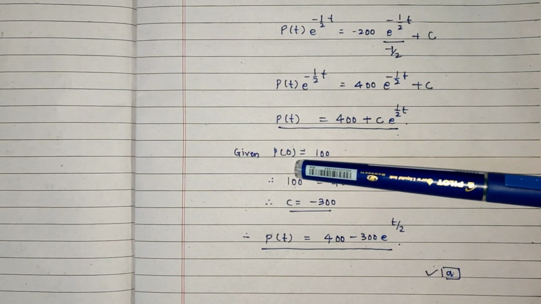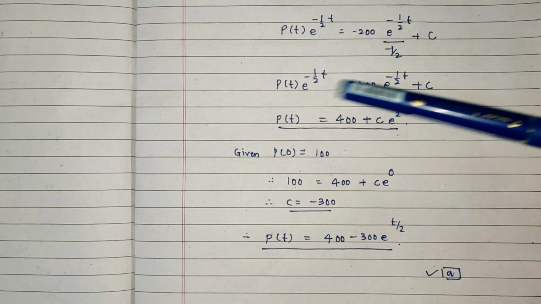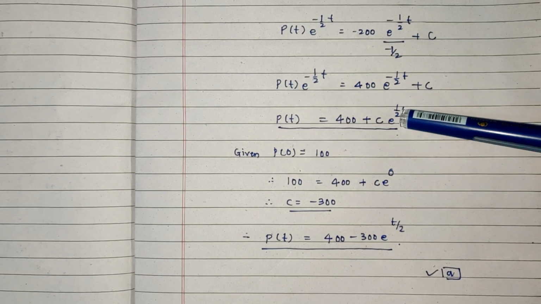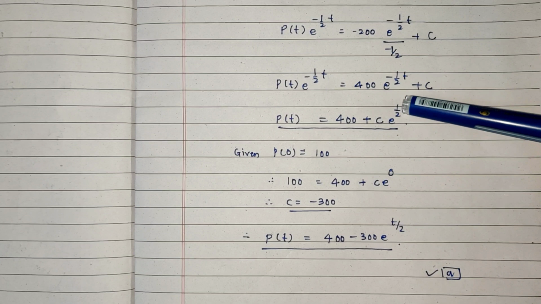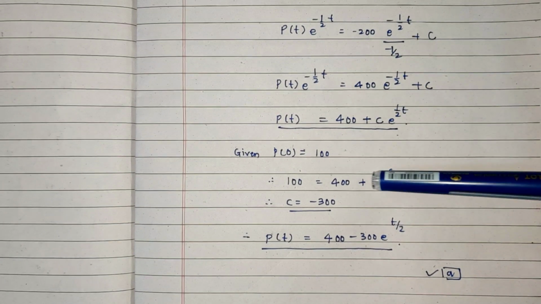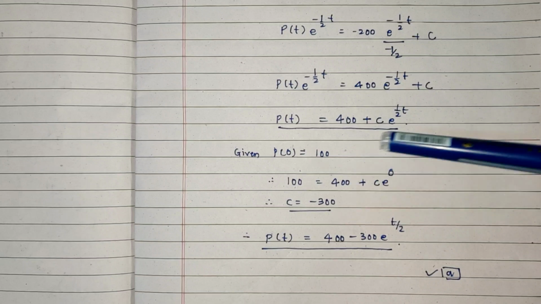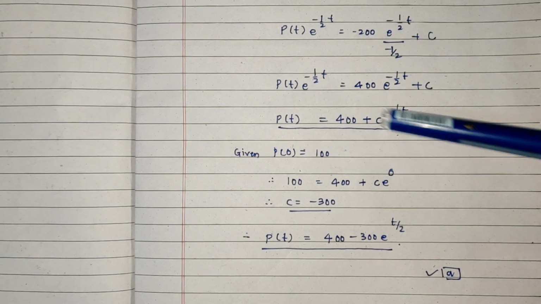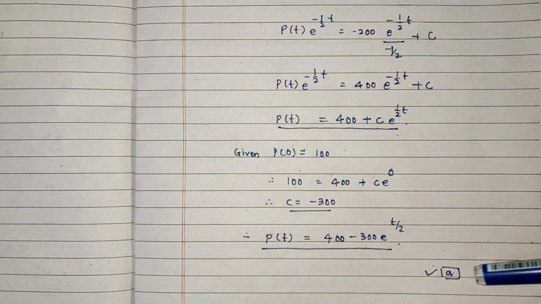Initial condition is given that P of 0 is equal to 100, so therefore put P of 0 here, t is equal to 0, so 100 equals 400 plus c into e raised to power 0, which is c, so we are getting c is equal to -300. So substitute in the equation: P(t) is 400 plus -300 into e raised to power t by 2, so A option is the correct option।